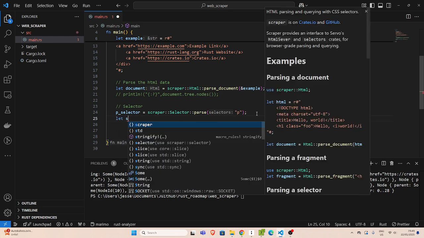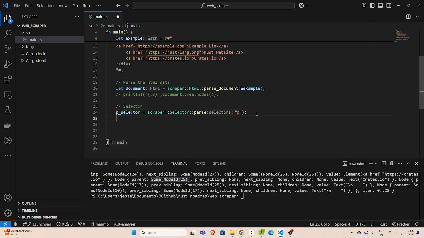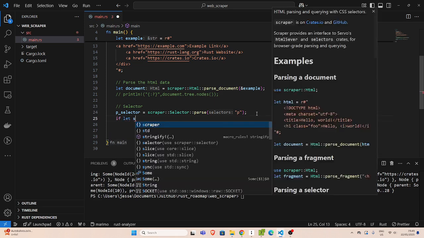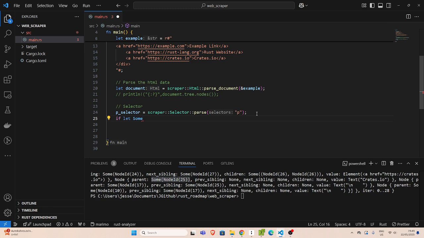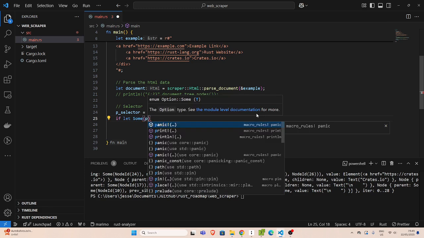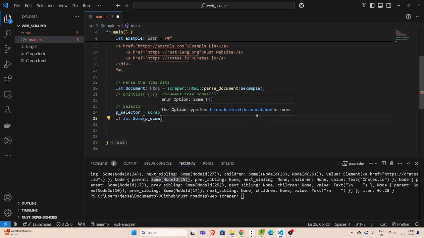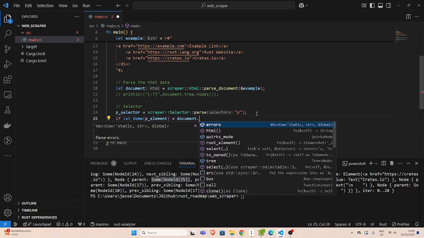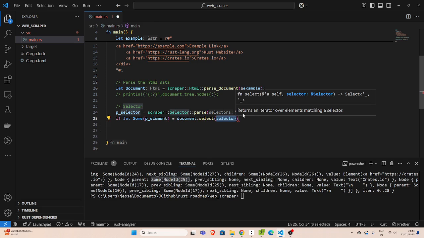So let, and just do match or if. So if let Some, because that's what we are getting. Then I'll go with my p element. Let's go as p element. I want to get the p element. Then I'll pass in my document dot select, right? So you create a selector, then you pass in your selector, right? That's it. So with this option here, now I can actually get that